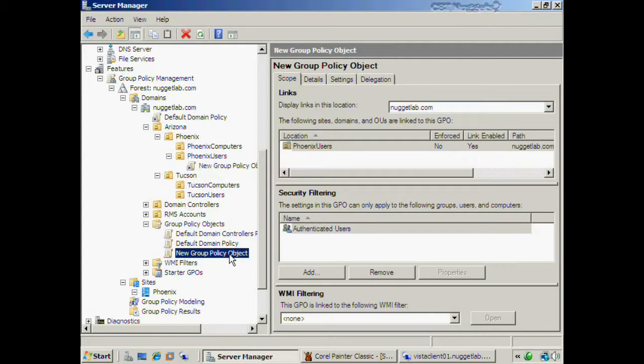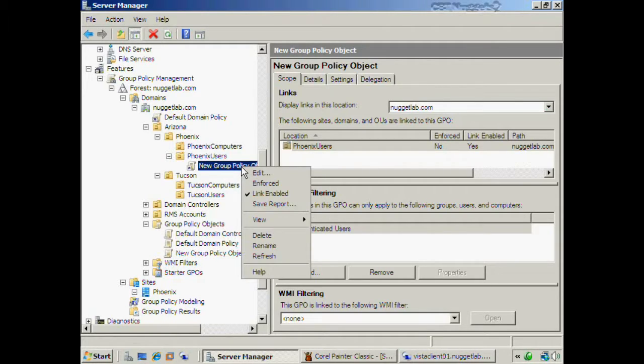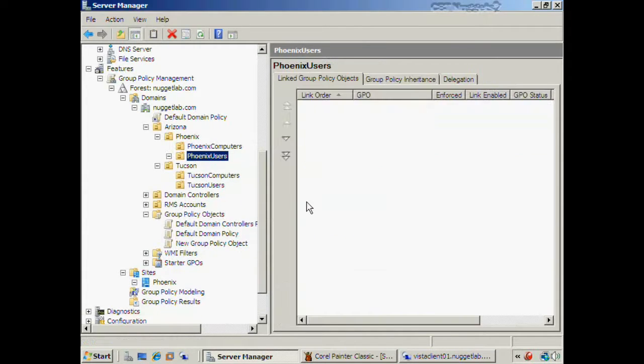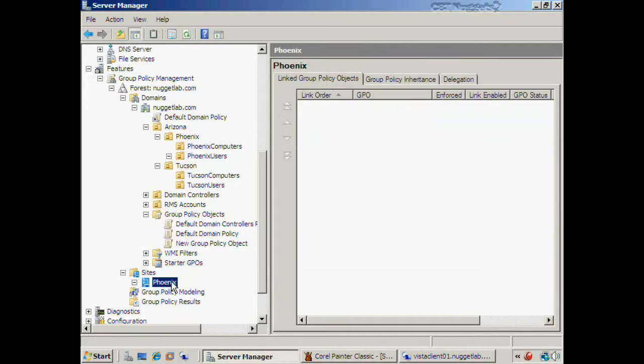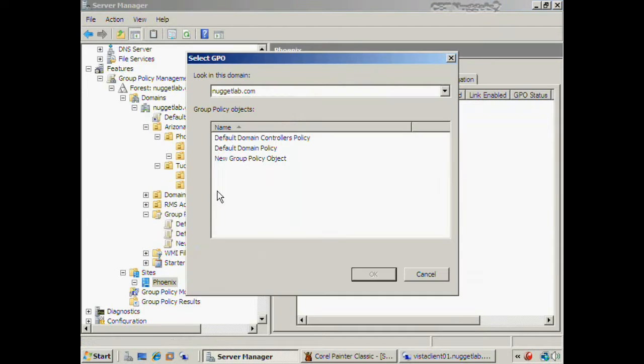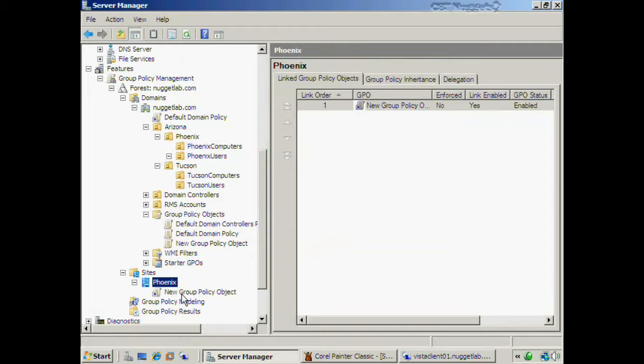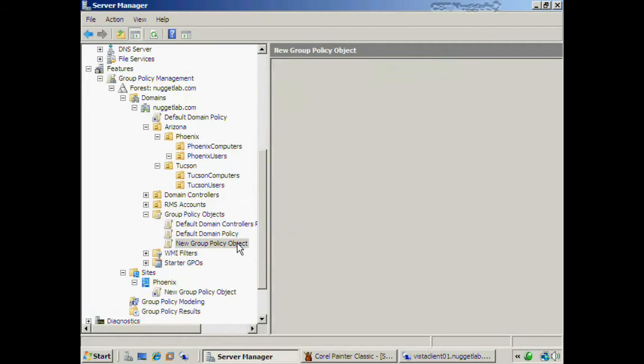This group policy object here is linked to the Phoenix users. In fact, if I were to delete this link right here, I'd right-click and choose Delete. Are you sure? Okay. But look, the policy itself still exists down here. And then if I wanted to link that to my sites down here, I could right-click there, choose Link an Existing GPO, choose New Group Policy Object, and now I've got it linked down here as well. And then notice that if I take this group